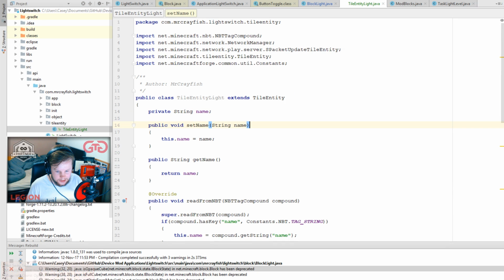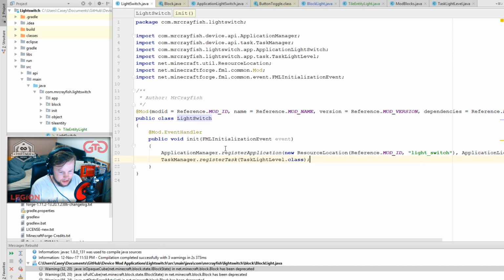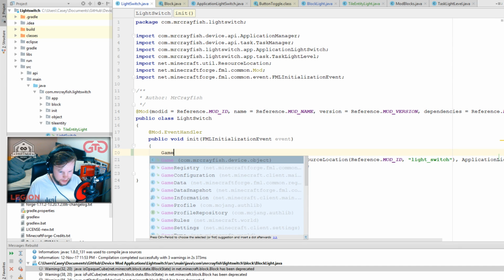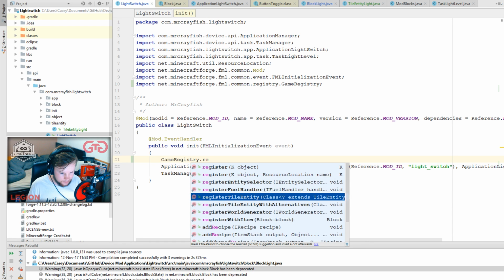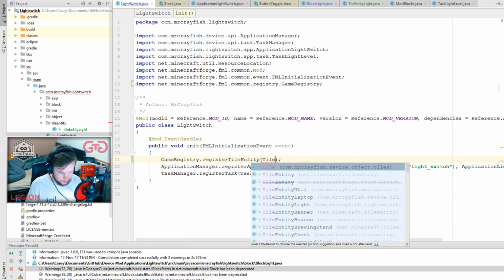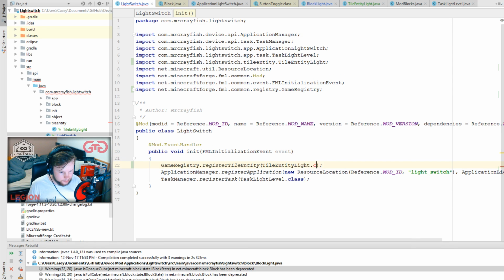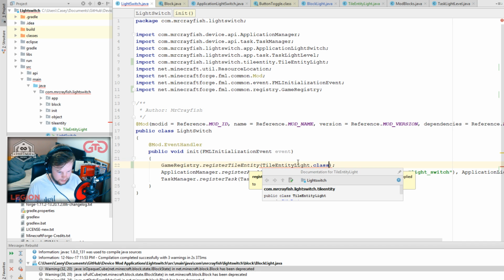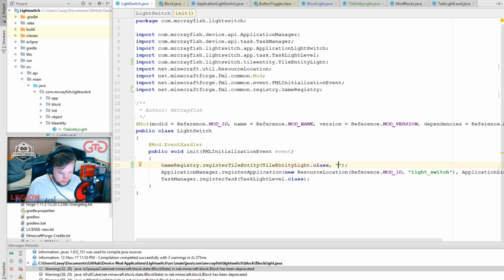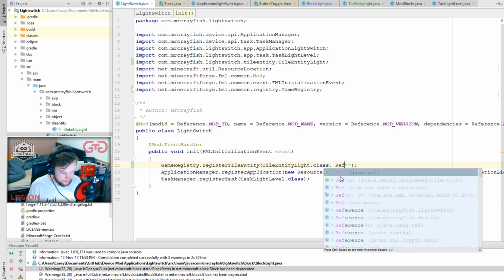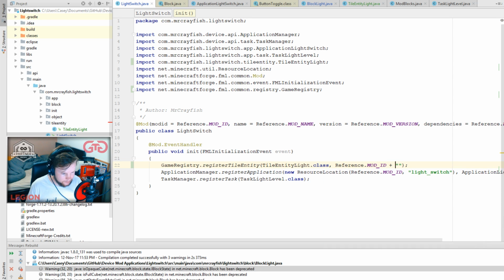In light switch, game registry dot register tile entity light class. Is that right? Yep. And then reference mod ID light,